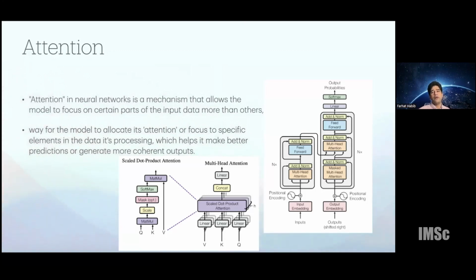The way a neural network focuses its attention is through another matrix in the entire set of matrices that comprise the neural network, where the weights of that matrix are also learned from data. Attention is a way for the model to focus on specific elements of the data that it's processing, which makes the predictions better and generates much more coherent outputs.